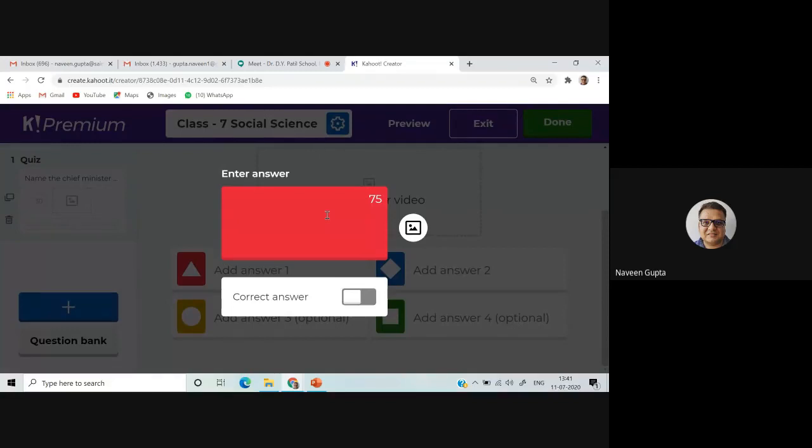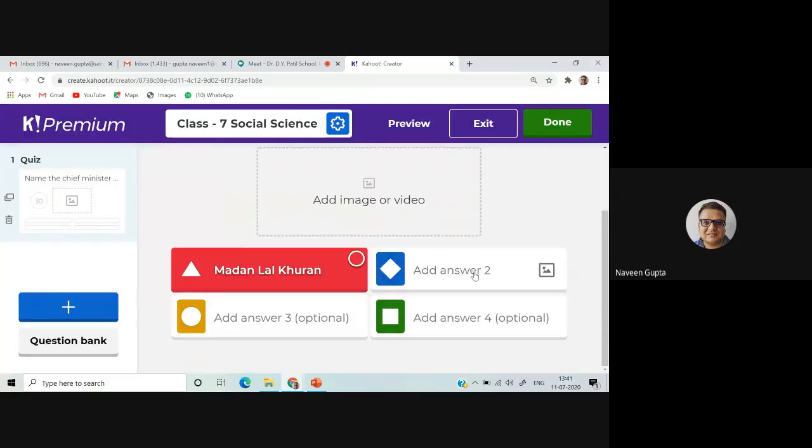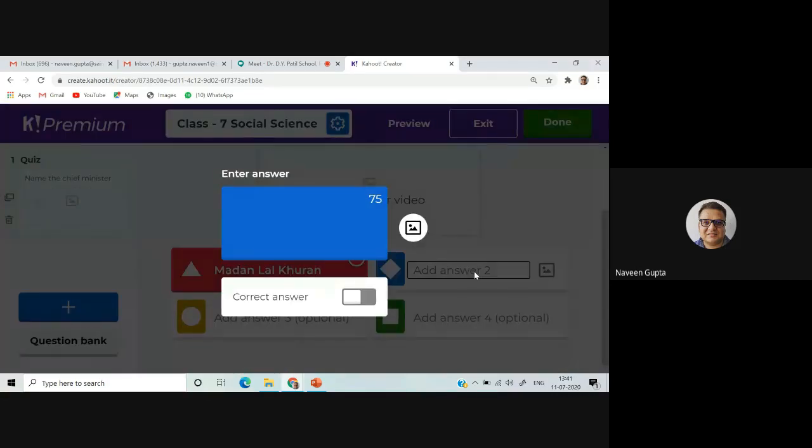Let's say the first option is Madan Lal Khurana. Second is Arvind Kejriwal. So this is the right answer.